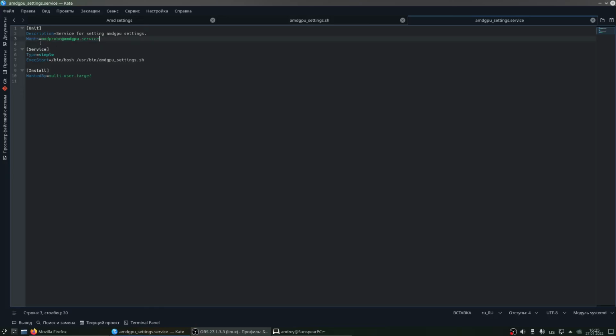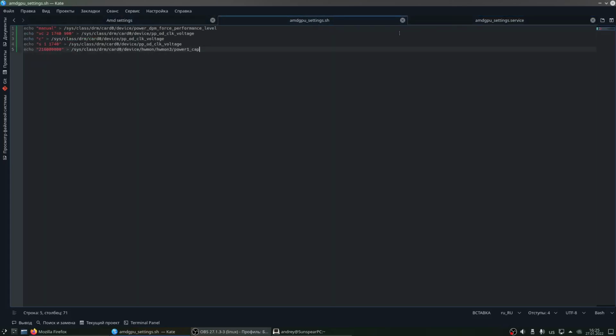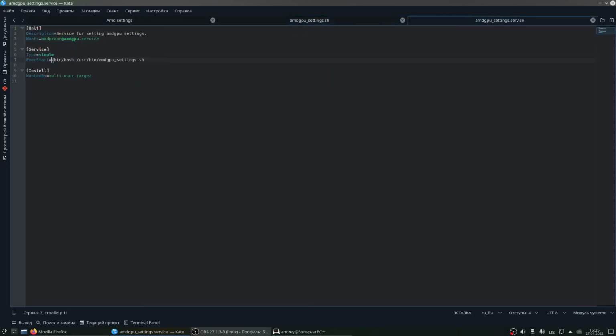This row means that our service will start only after the amdgpu service is active. So firstly the amdgpu driver starts, then our service applies our changes to settings. And ExecStart is /usr/bin/amdgpu-settings.sh. This script we start with /bin/bash.